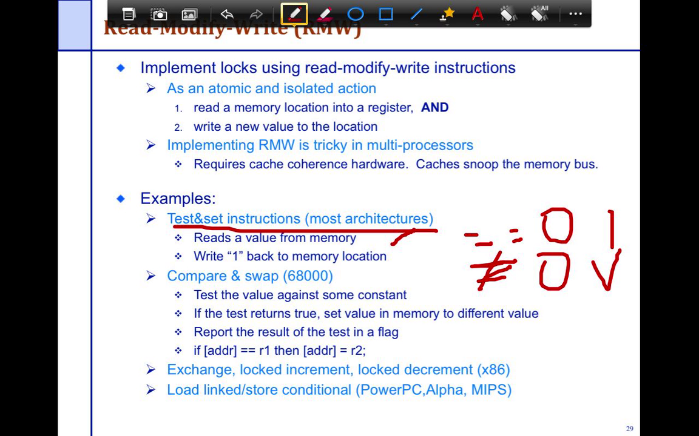You also have a more generic version that's called compare-and-swap. The subtle difference is that you read the value, you check if it's equal to some value v that you've provided, and if the value is v, then you write the new value. If the value is not equal to v, then you just leave it as it is. Okay, so those are the two things that